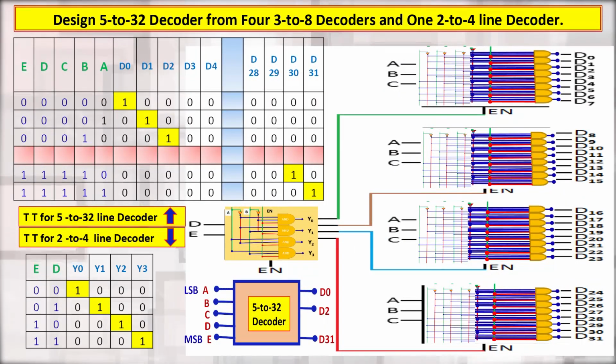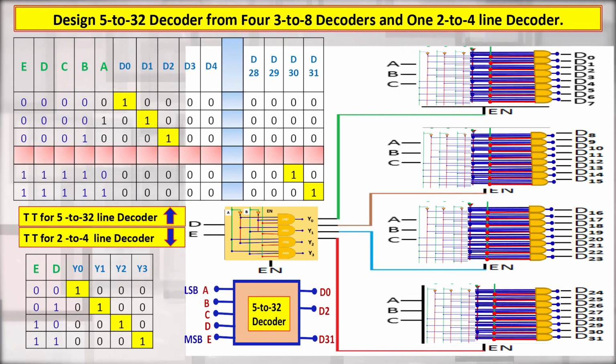Now, we have to consider a case where 5 inputs are there, and let us consider these 5 input bits are A, B, C, D and E, and in this case let us say E is the MSB and A is the LSB. So, the first 3 LSBs are simultaneously connected to all the 3 inputs of all the 4 3 to 8 decoders,